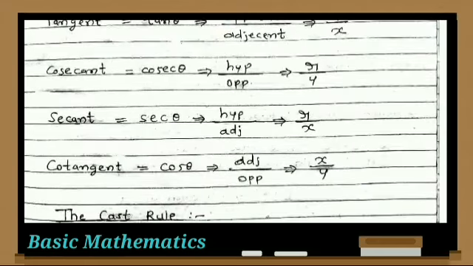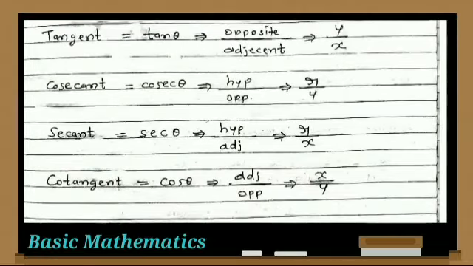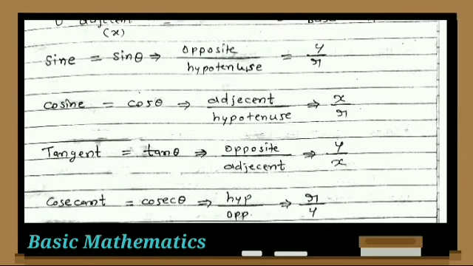Now let's move to the next function, that is cosecant. The cosecant function is called cosec theta, and it is represented by hypotenuse upon opposite, or we can say r upon y. The next function is secant. Secant is defined as sec theta, and we call it hypotenuse upon adjacent, or r upon x. The next function is cotangent. Cotangent is called cot theta, and it is represented by adjacent upon opposite, equals x upon y. So we can find the sixth function here, and we can find the relations of every side to the other side by these six functions. Okay, is it clear to you?